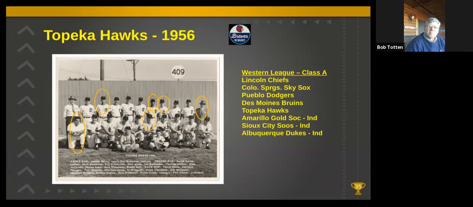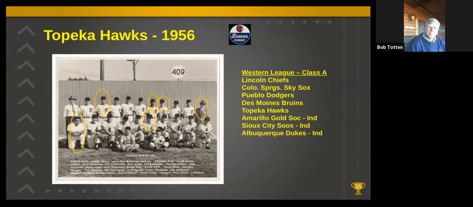And of course, I circled Phil Gibson because he's the local fellow that raised all the money for this. In the front row, kneeling is the trainer, Ralph Salvon. And I circled him because he made it to the major leagues as well as a trainer for the Baltimore Orioles when Earl Weaver was the manager of the Orioles. And so I thought he was worthy of recognition as well.